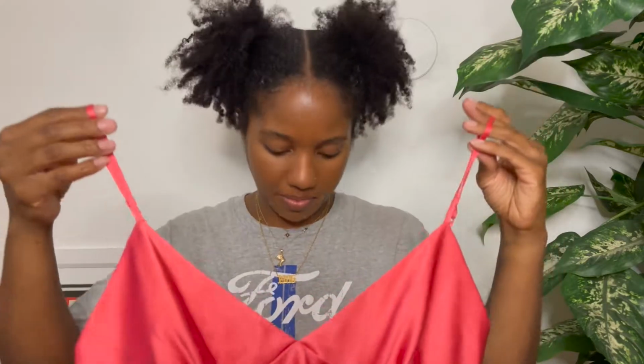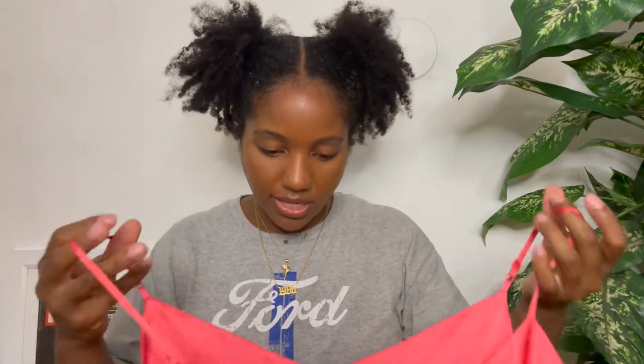Okay, the next item that I picked up is just this silk cami top. It looks like this when you put it on. I mean, super basic. A lot of this stuff in the haul was really basic because I do have a lot of eccentric and over the top pieces, so sometimes you just need some basics. So a lot of this stuff in this haul is definitely more in your basic category,